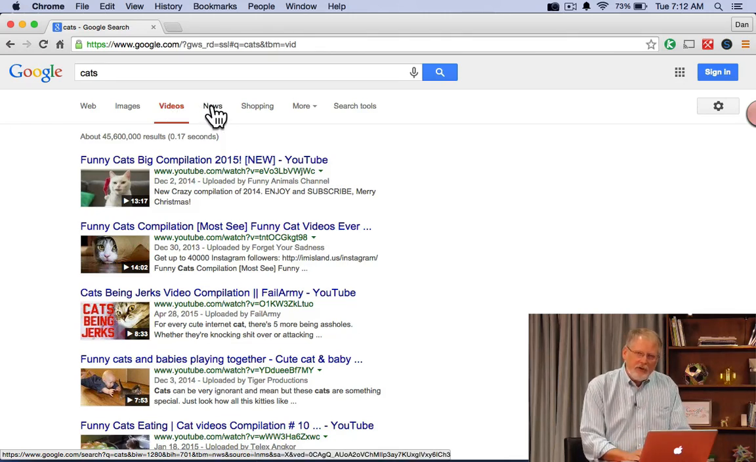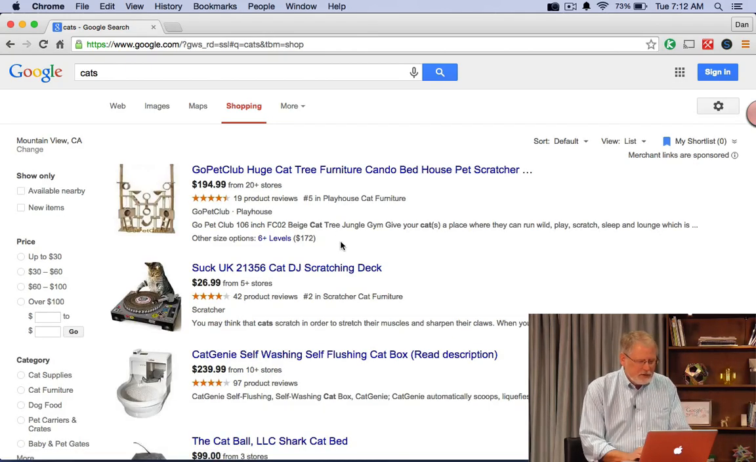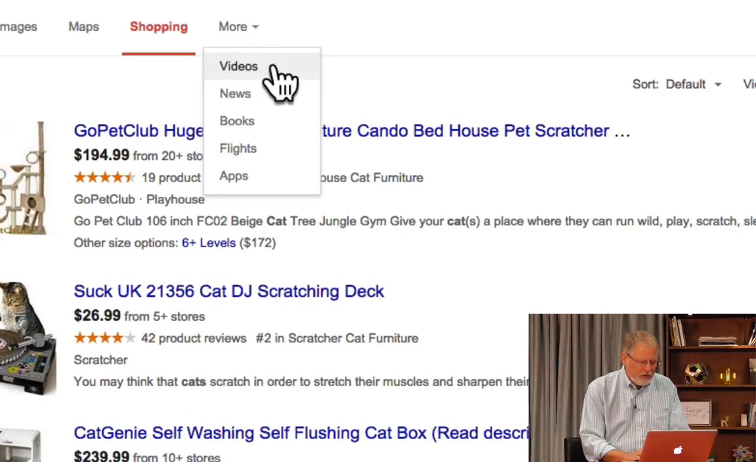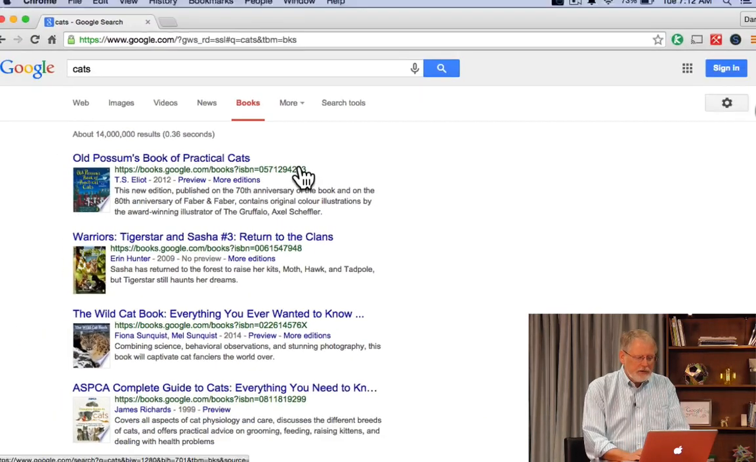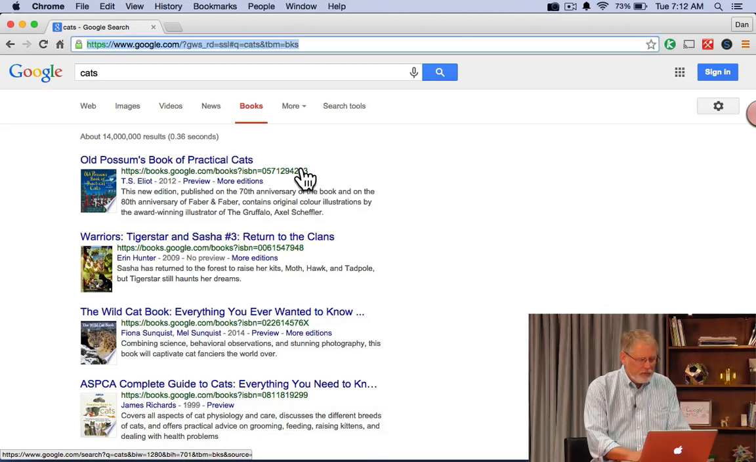But we also have a tab here for news. This is all news about cats. We have shopping about cats. We can also click on this More tab, which shows you videos you already know about, news you already know about, but also books. So here, now we're searching Google Books for cats. Now, Google Books is this giant collection of the scanned literature that we've been able to import into our data set. So by clicking on the Books tab, or by searching for Google Books, which I'll do by doing this,